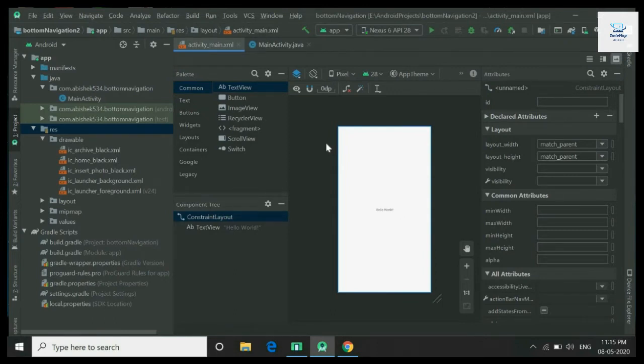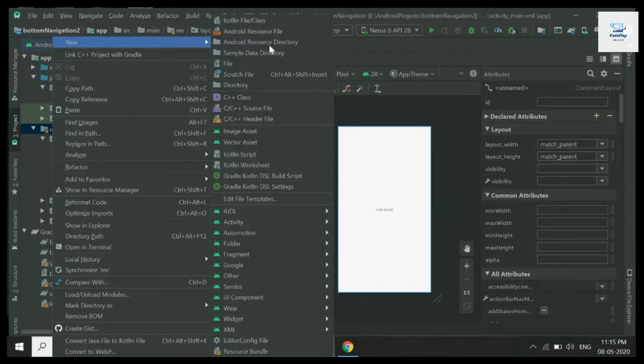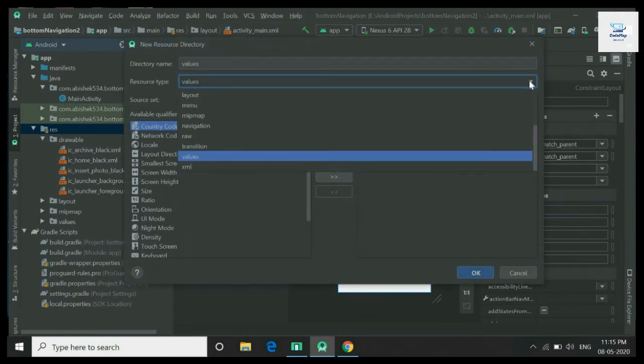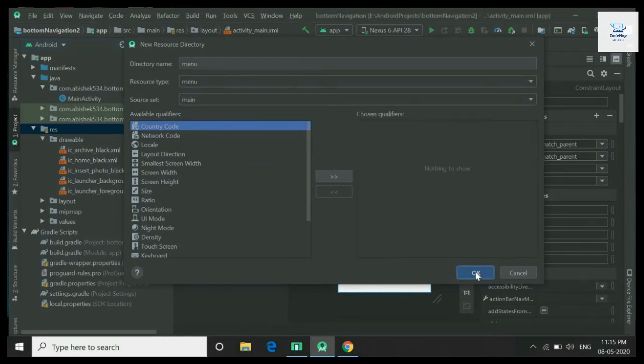Now we will create the menu file. For creating the menu file, right click on res and click on New and click Android Resource Directory, and in the resource type drop down menu select menu and click on OK.